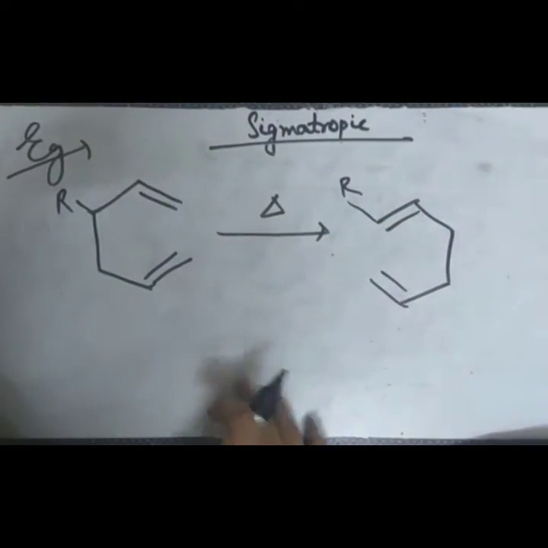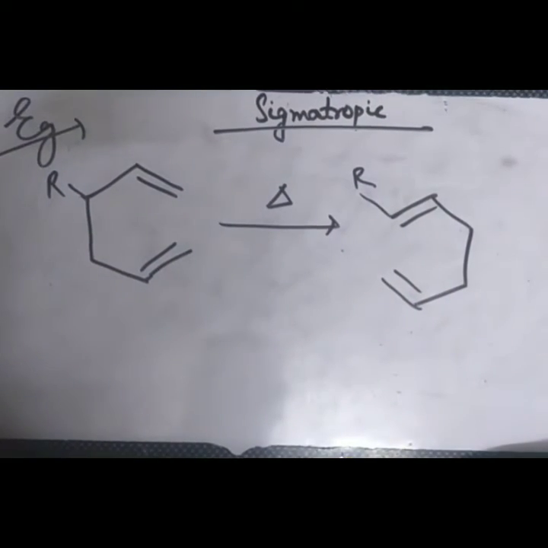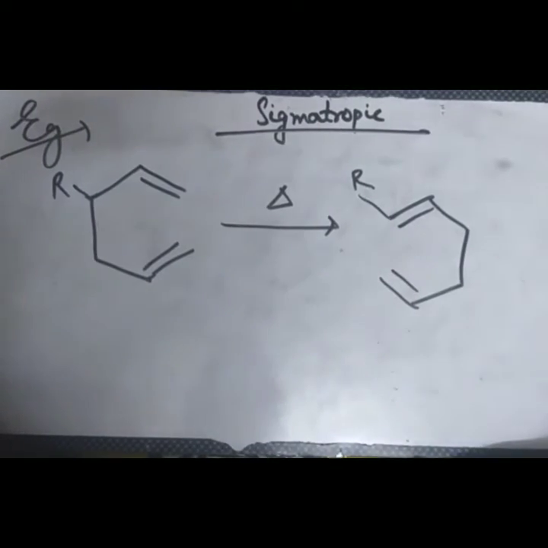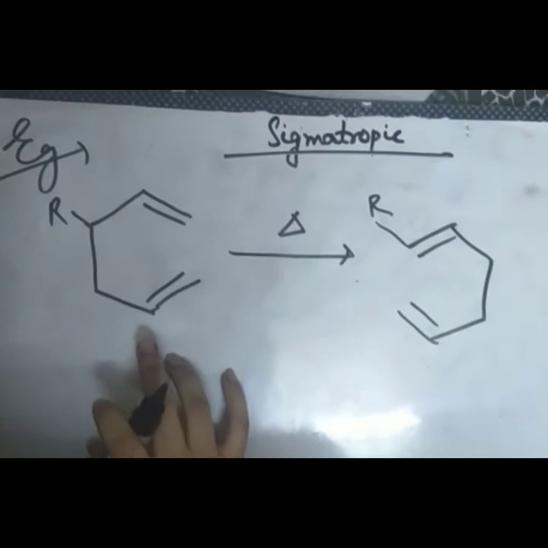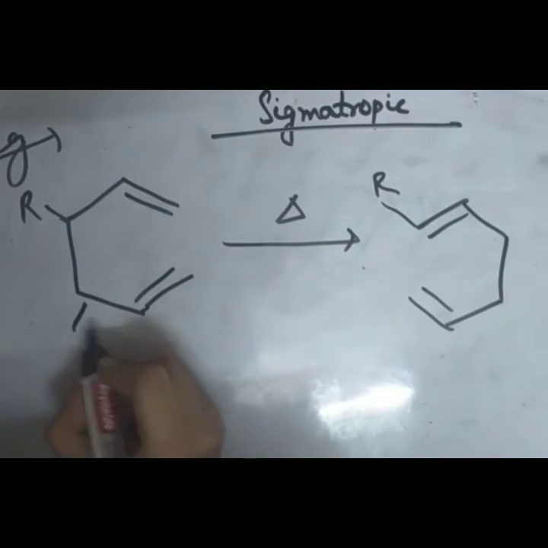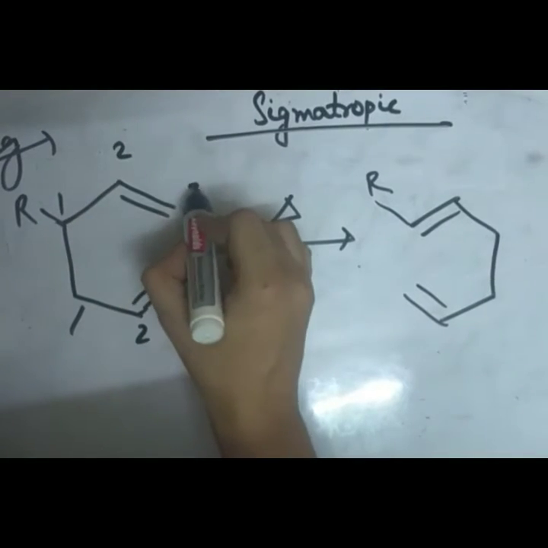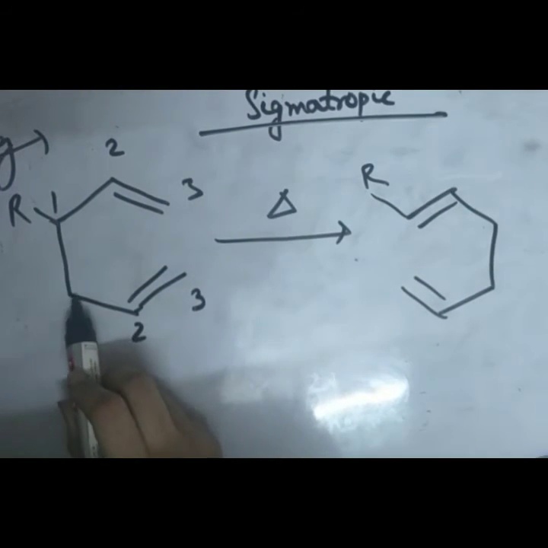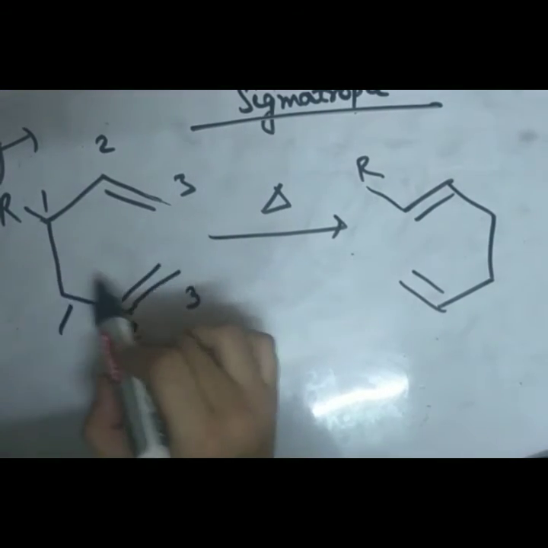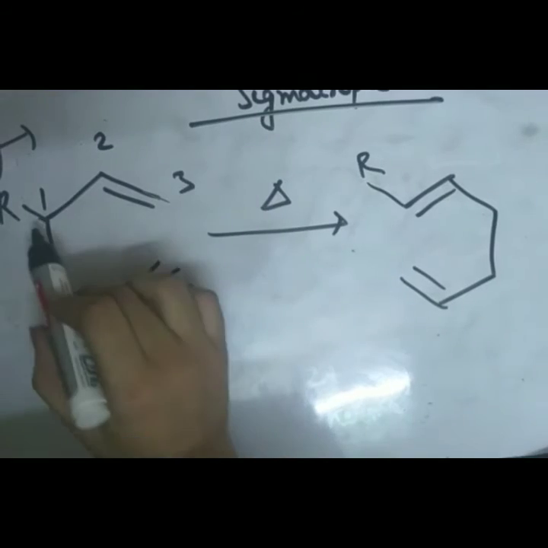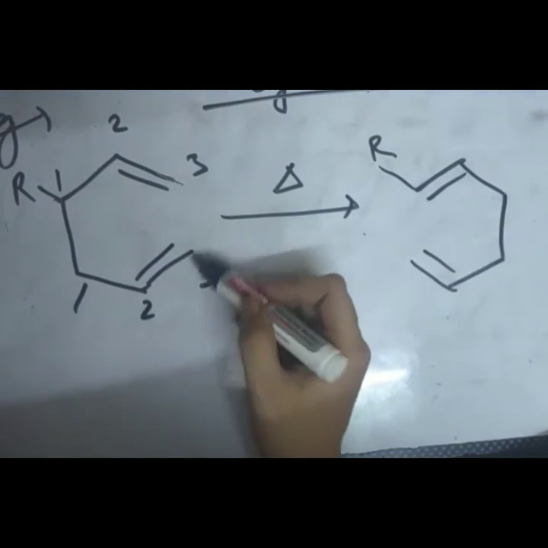Last pericyclic reaction we are going to discuss in this slide is sigmatropic reaction. So sigmatropic reactions are also of so many types, but we are just discussing one of them, which is 3,3 sigmatropic. We just have to number these like this, right? So there are 2 double bonds, right? A single bond and a bond joining them. So we have to number them this way, 1 1, and the third should come here.